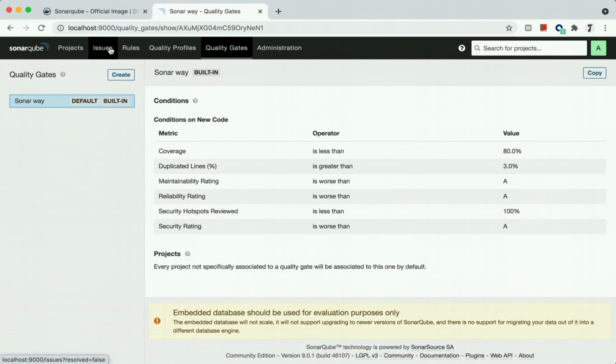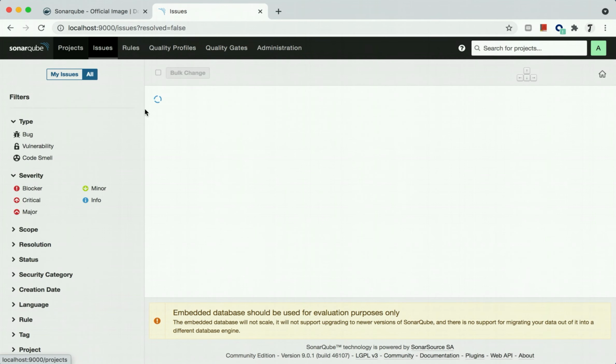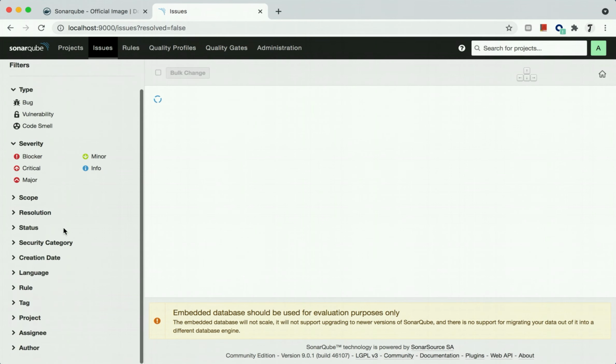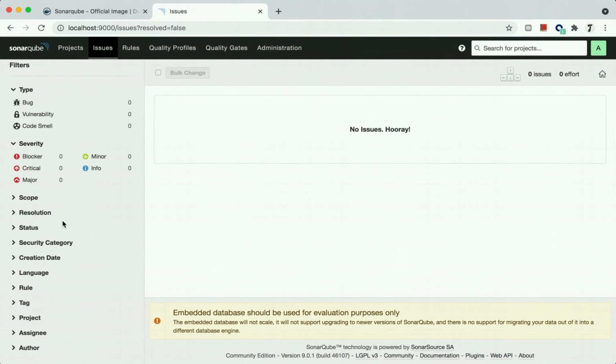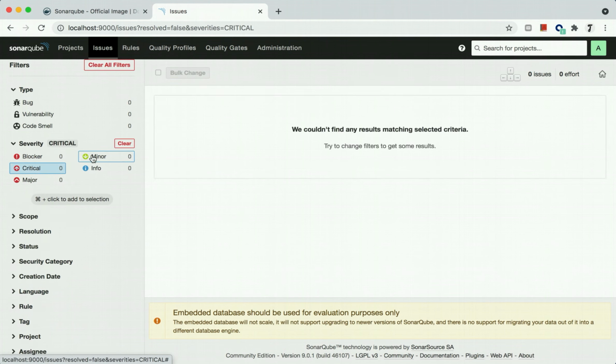You can create multiple users, which will be helpful for you. The best thing about SonarQube is that it provides the solution as well. Let's say you found some critical bugs, minor bugs, or vulnerabilities; it shows a hint on how to resolve them. That's the best thing about SonarQube. So that's it about SonarQube.